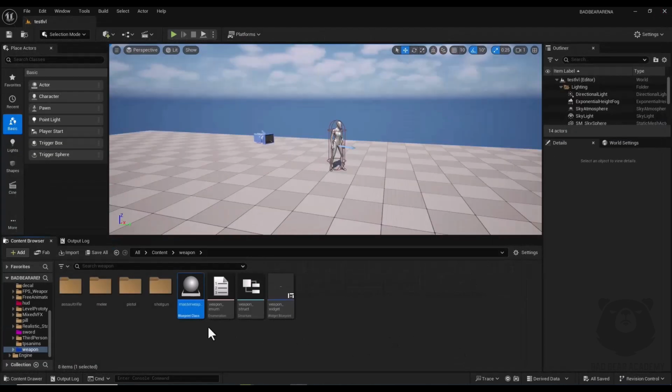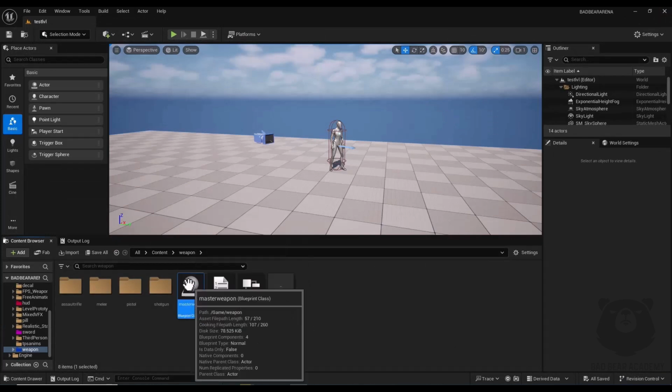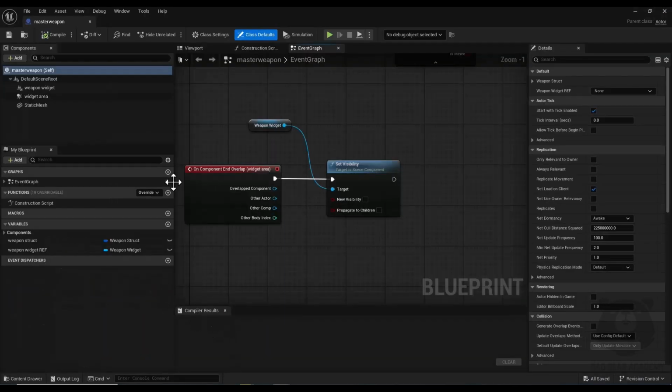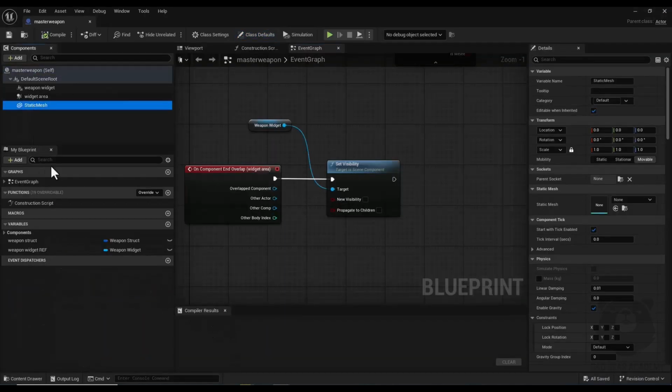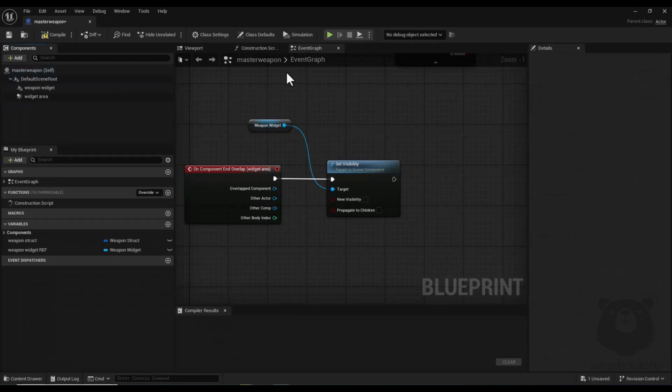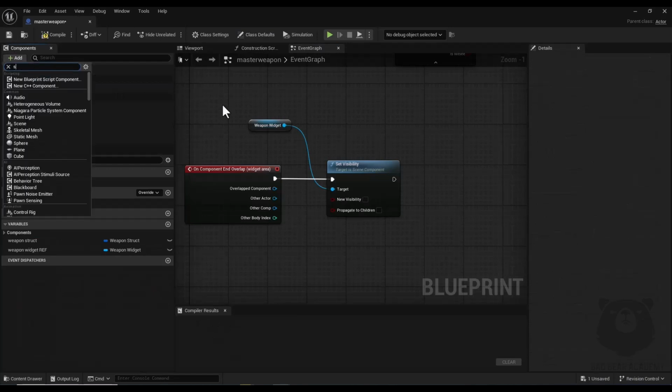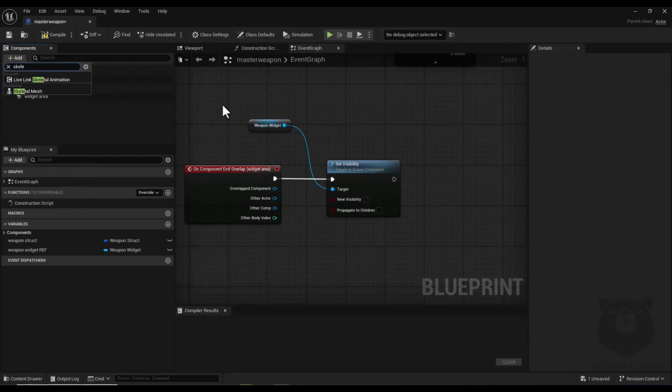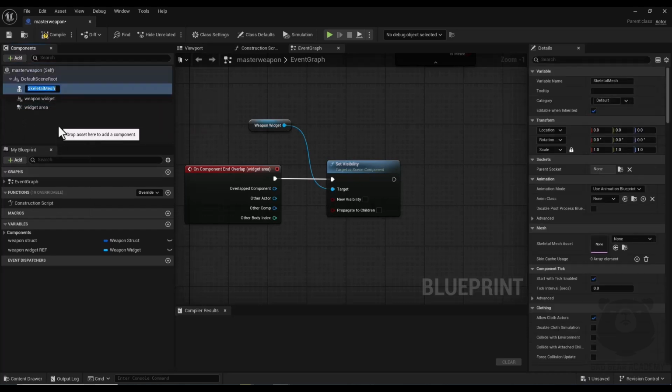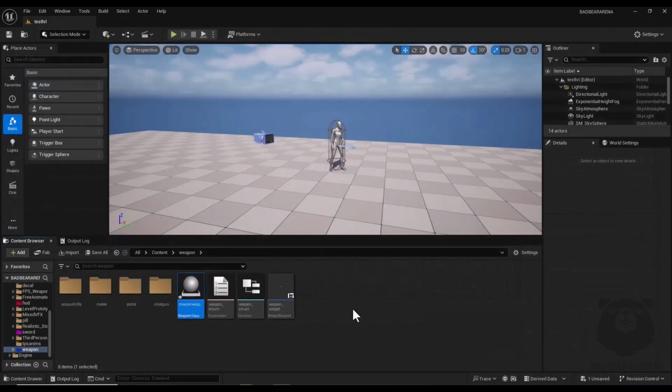Alright, and another thing that I'm going to change in this master weapon class is this static mesh, and I'm going to remove it and replace it with skeletal mesh. Here I search for a skeletal mesh and I name it weapon mesh. Alright, and now I compile, and